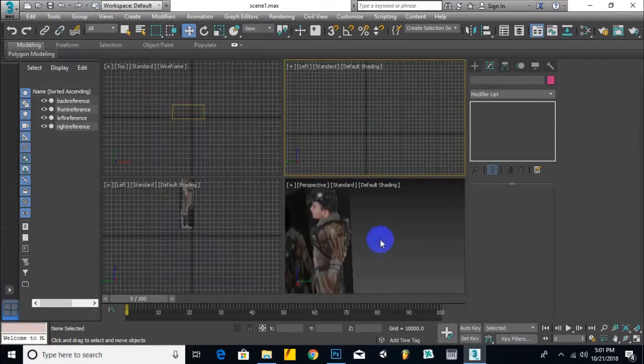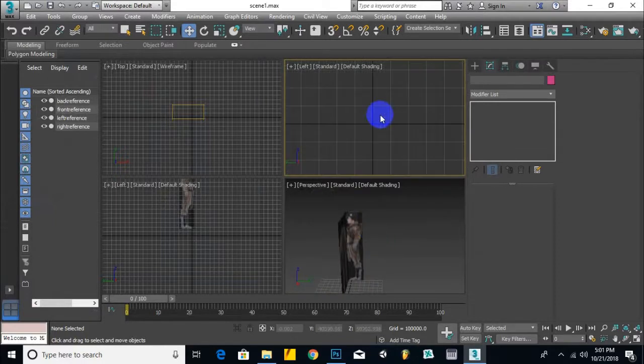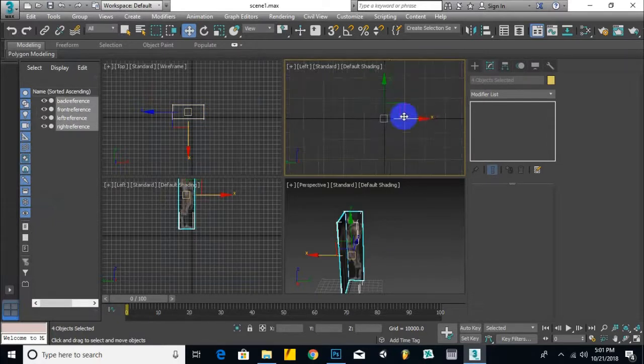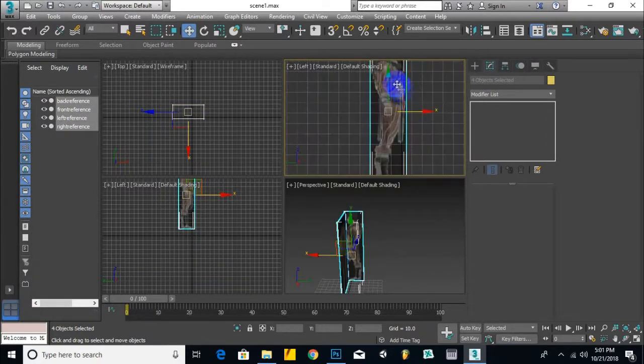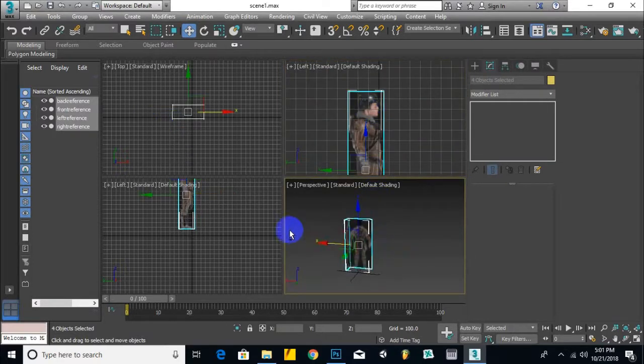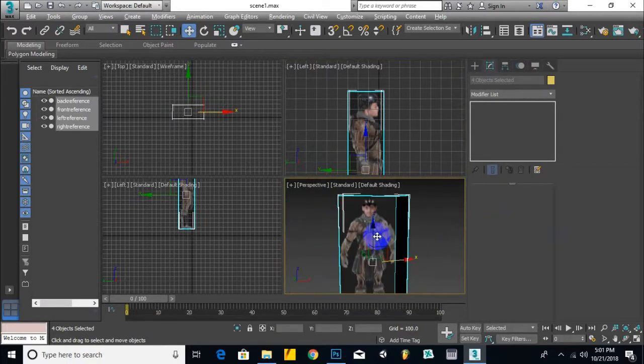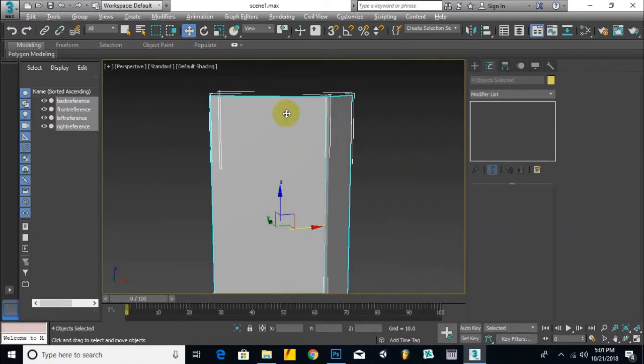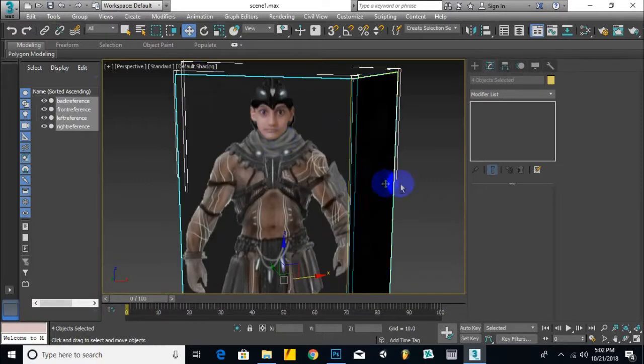oh my goodness, where is our left image? Okay, we have zoomed out too much, so now the placement is fine. So in this video we have learned how to set up the reference images in 3ds Max, and we can just press Alt W to zoom in this view, and now we can model our character